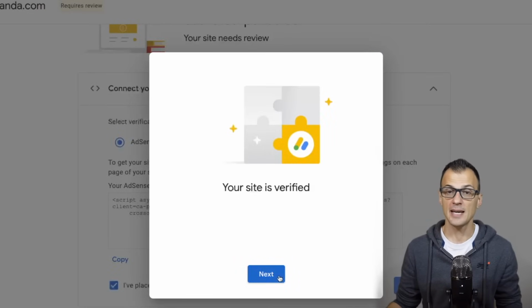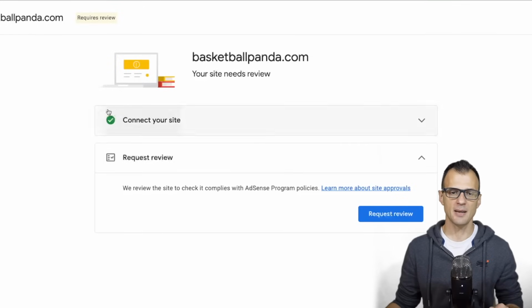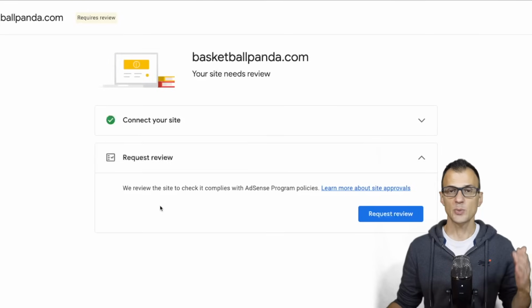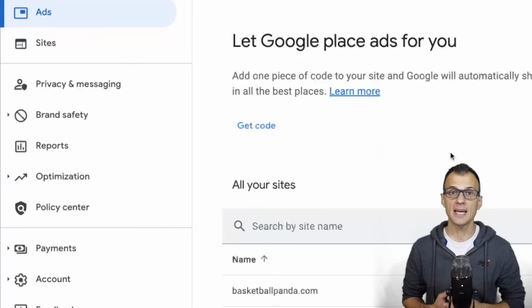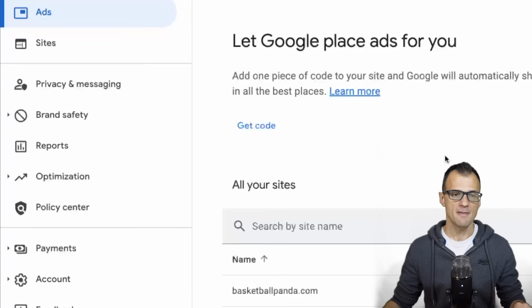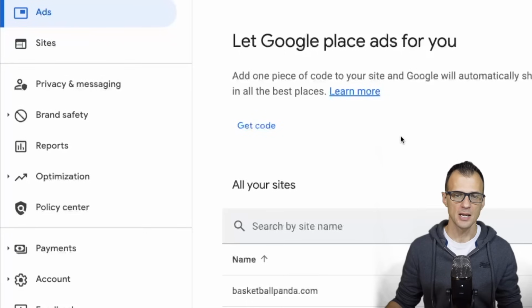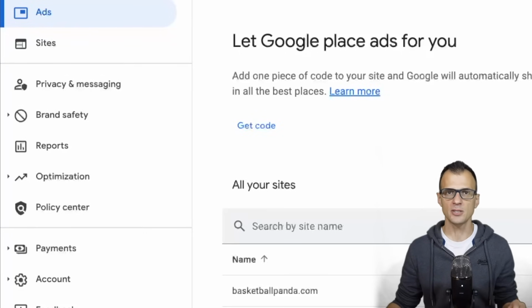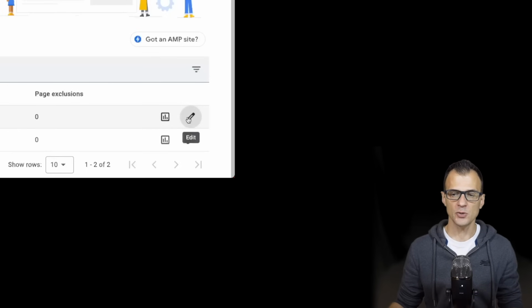See, now it says your site is verified, and you may get something like this that says request review. This will allow AdSense to do a manual review of your website. So just go ahead and click request review. It may take Google a couple of days to manually review your website. Once they've reviewed it and accepted it, then go into the ads section and I'll show you how to set up the ads. So at the bottom, find your new website and then click this icon to edit the ad